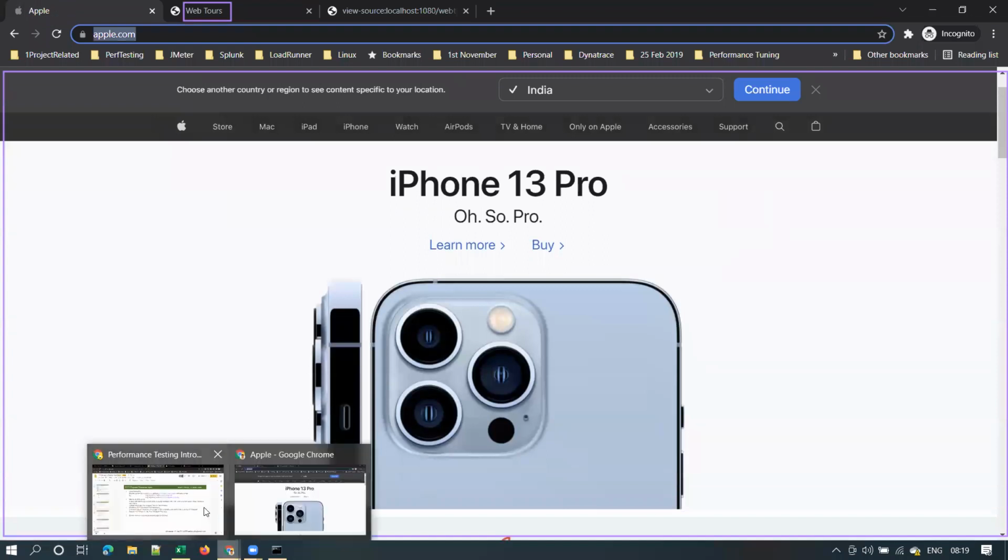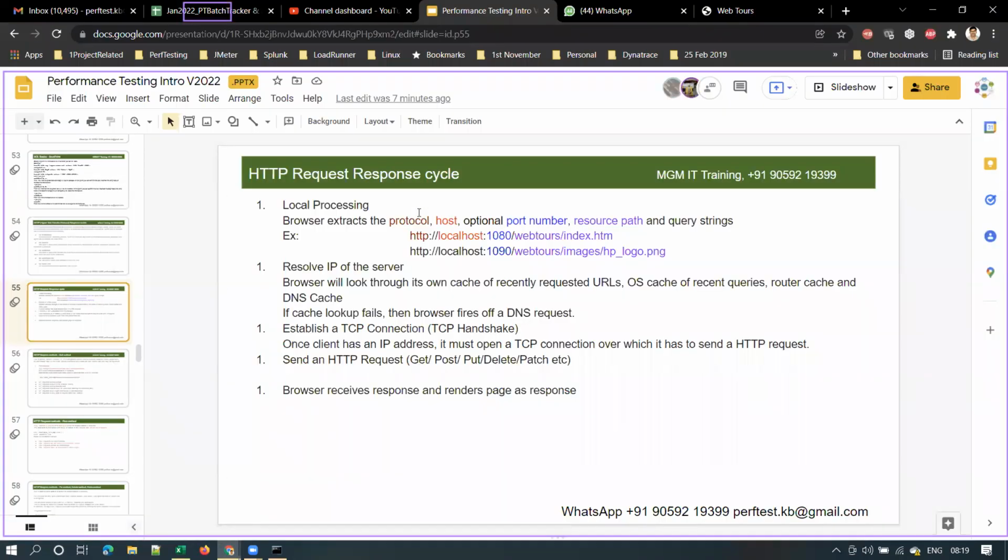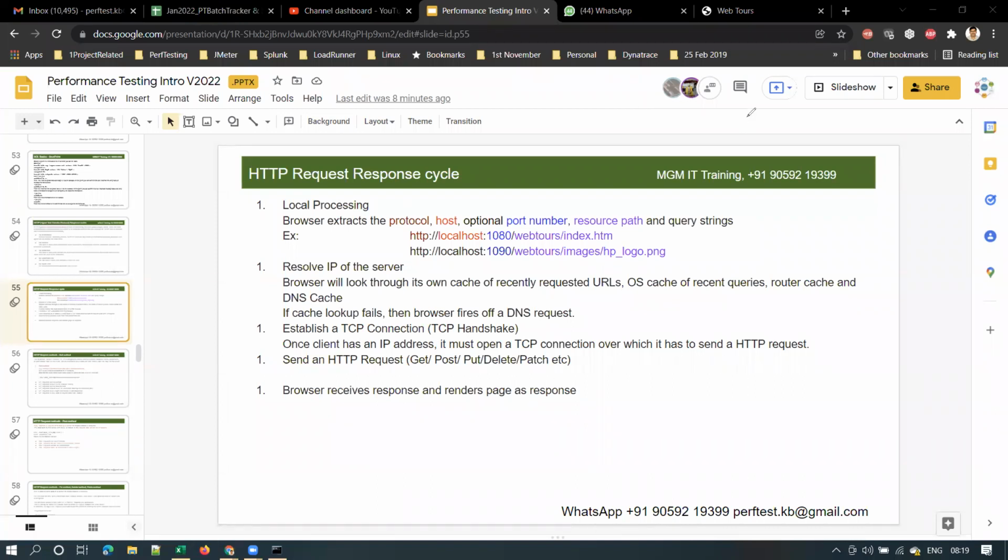Now let's understand what happens from the moment you send the request to the server till you receive the response. This is one of the important interview questions: can you explain the HTTP request response cycle? I will explain that with two examples.